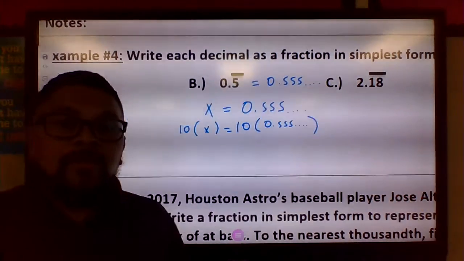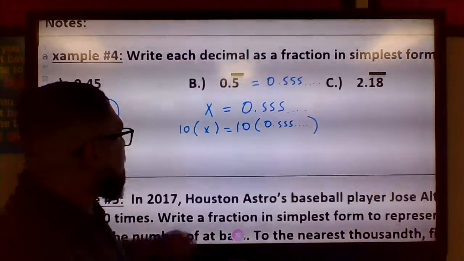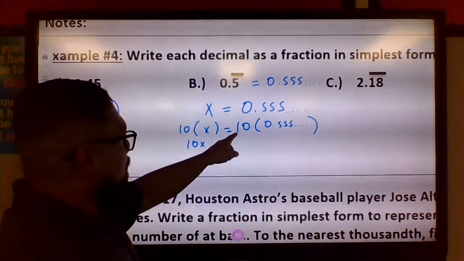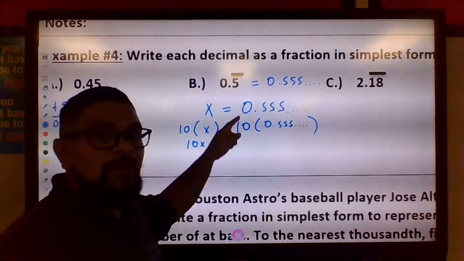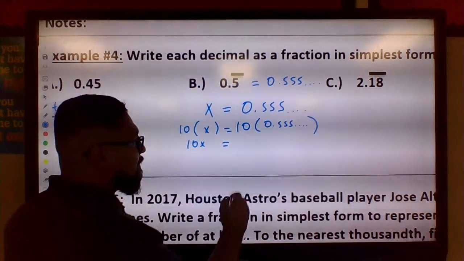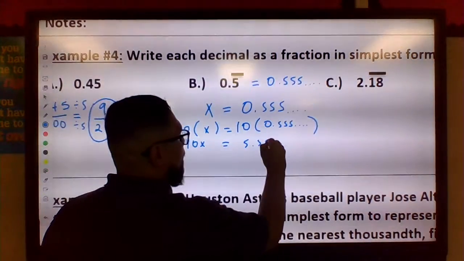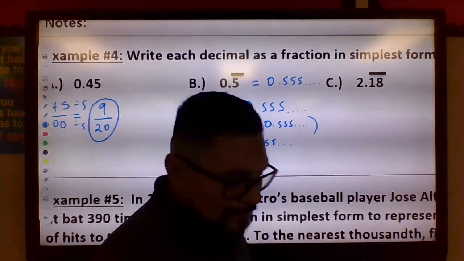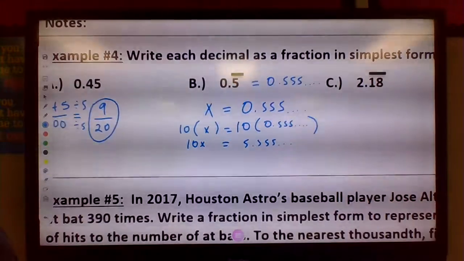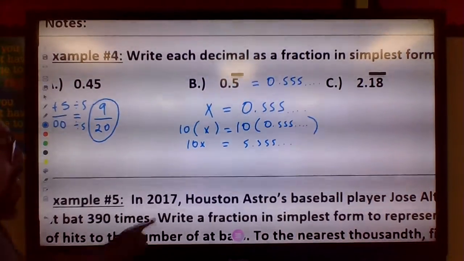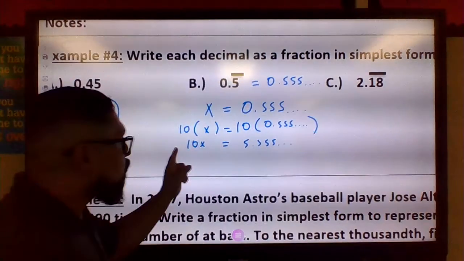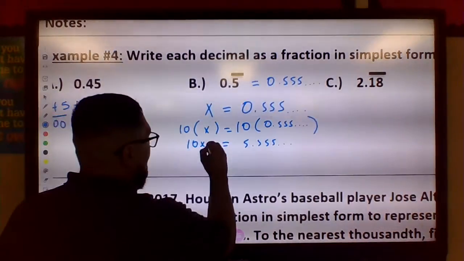And this is what happens. This becomes 10x. Because we're multiplying this whole thing by 10, we're going to move the decimal, and the decimal is going to move one time. It's going to become 5.555. After you do that, you're going to use subtraction. You're going to subtract 1x from these. So subtract an x,